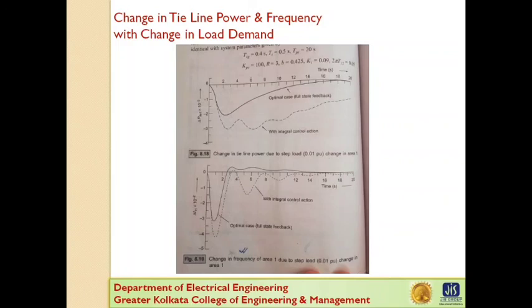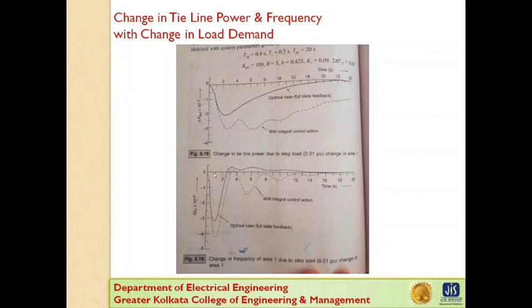The results of the two area system obtained through digital computer study are shown in this picture. The two areas are assumed identical, with system parameters TSG equal to 0.4, TT equal to 0.5 and TPS equal to 20 seconds. These are typical values of TSG, TT and TPS, and KPS is 100, R is 3, B is 0.425, KI is 0.09 and 2 pi T12 is equal to 0.05. These are also typical values of these parameters.